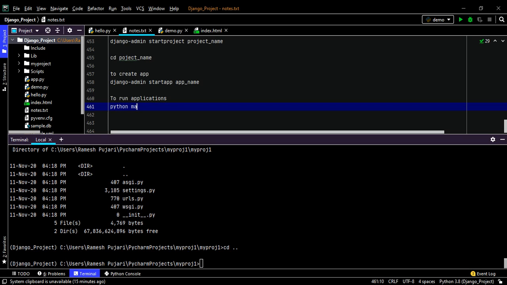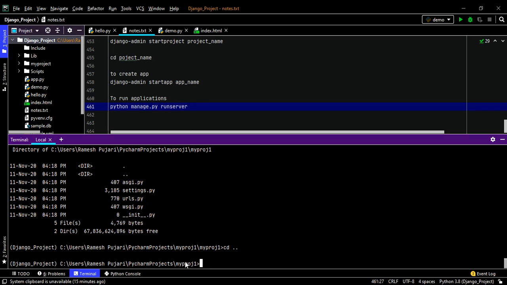As I explained, the manage.py file is responsible for running the Python web server. When you create a project, the manage.py file is automatically generated. So the command is runserver. This is my command to run the applications.